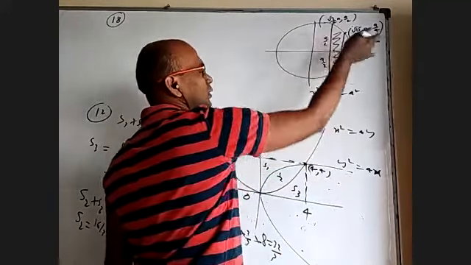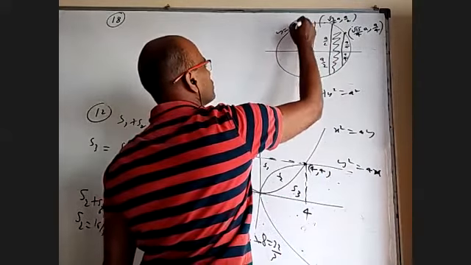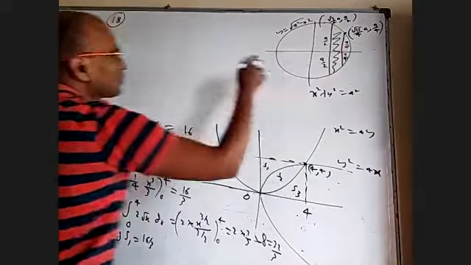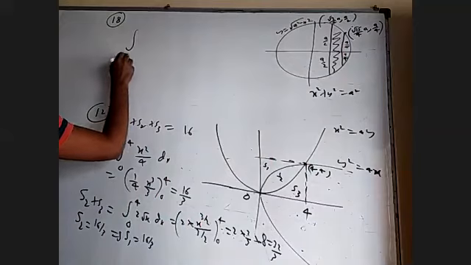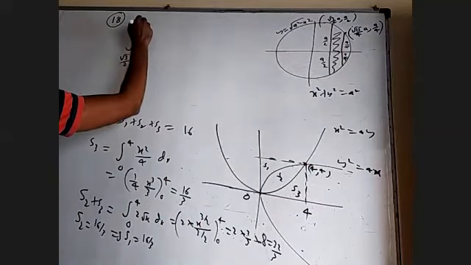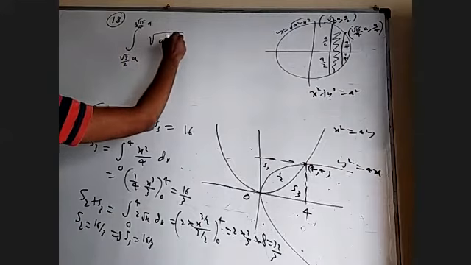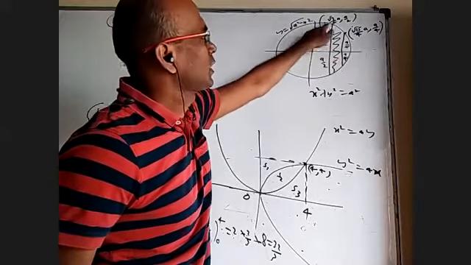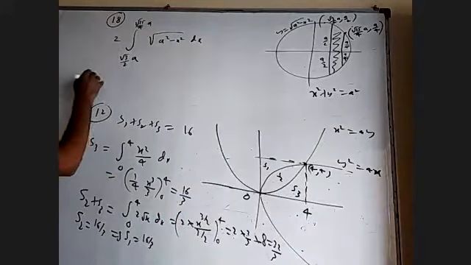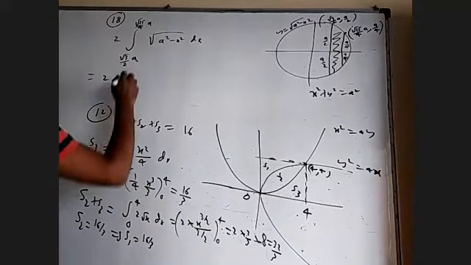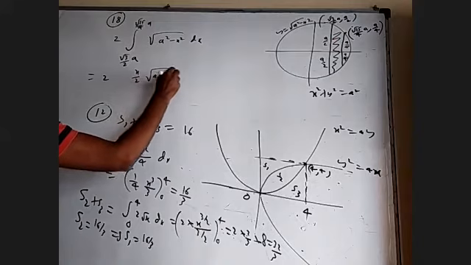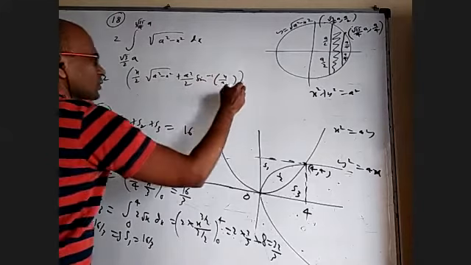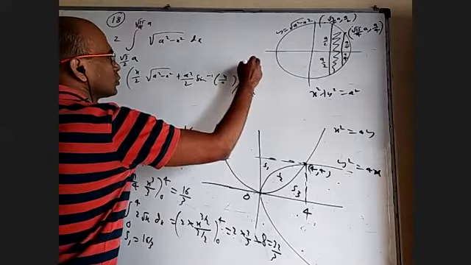So I have to integrate from here to here, and the circle will be y equal to root A square minus x square, the upper semicircle equation. And I have to double it. So the integral from root 3 by 2a to root 15 by 4a of root a square minus x square dx. From this x value to this x value, the area under that, double of that. Okay, so many times we are using this formula now. You should remember it is x by 2 root a square minus x square plus a square by 2 sine inverse x by a with the limits root 3 a by 2 to root 15 by 4.